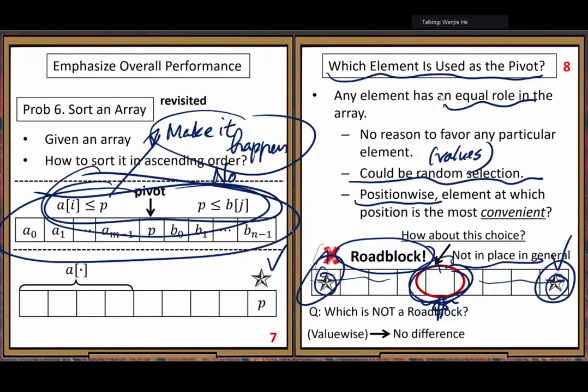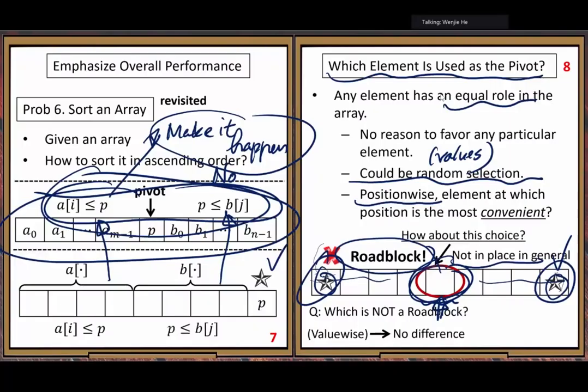Then we imagine two subarrays, A subarray and B subarray. They should be arranged like this, with the desired properties.